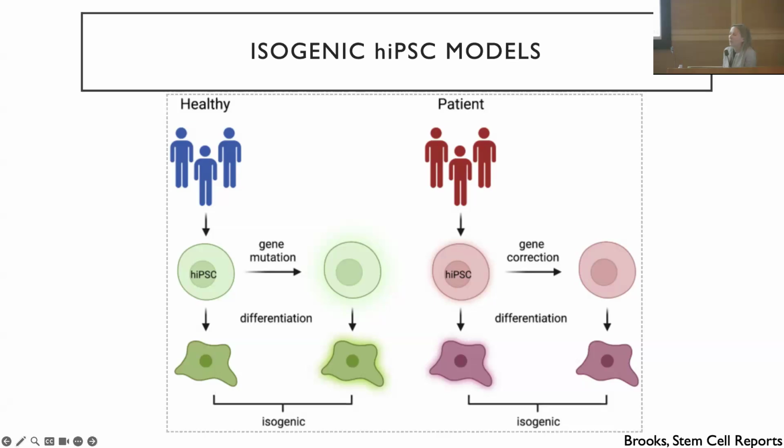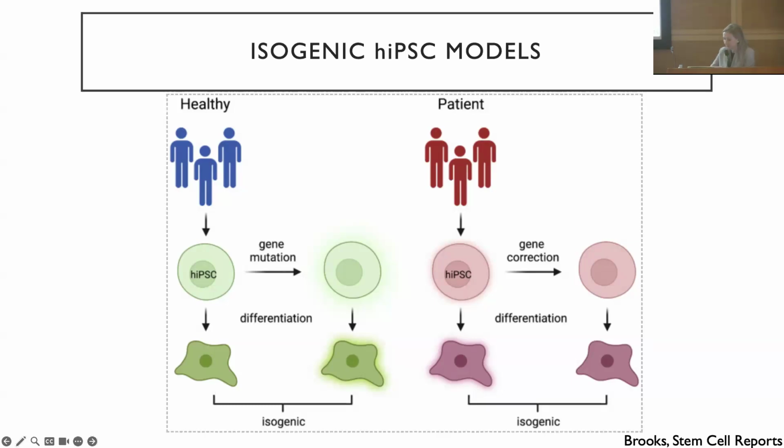We were able to do this using an even stronger model, which I'll explain now, which is an isogenic hiPSC model. What I mean by that is that in addition to having cells taken from a patient with Parkinson's, which we can then differentiate to dopaminergic neurons, that mutation has been corrected using gene editing to create our control cell line, or isogenic control, which we can differentiate in tandem and has the exact same genetic background with the exception of the disease-causing mutation. This has become the standard in hiPSC modeling now in terms of the proper control to use.